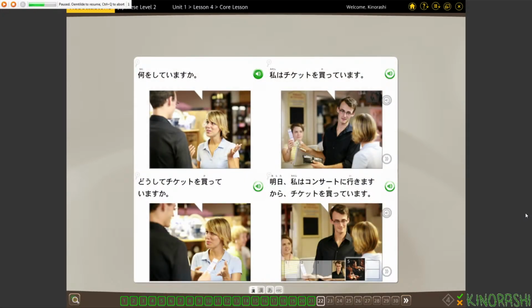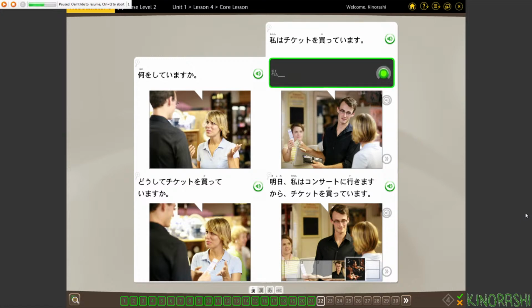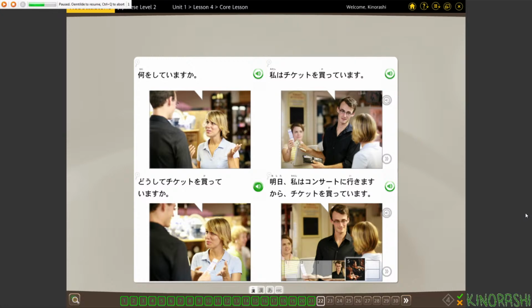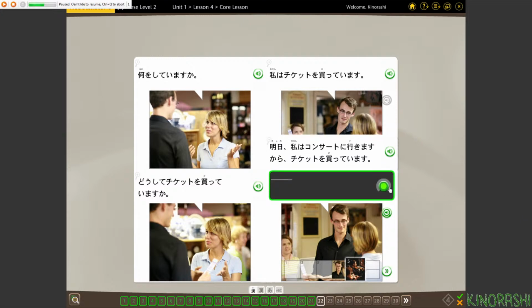何をしていますか？私はチケットを買っています。どうしてチケットを買っていますか？明日、私はコンサートに行きますから、チケットを買っています。